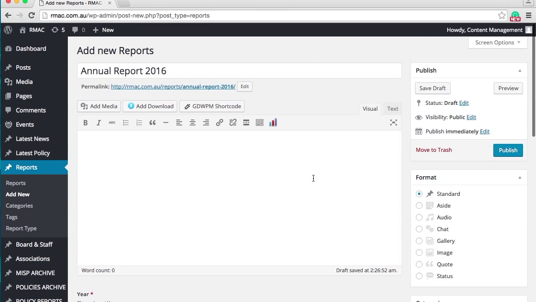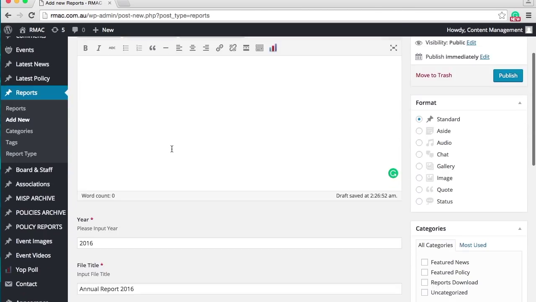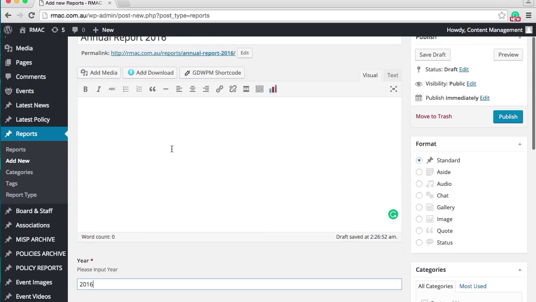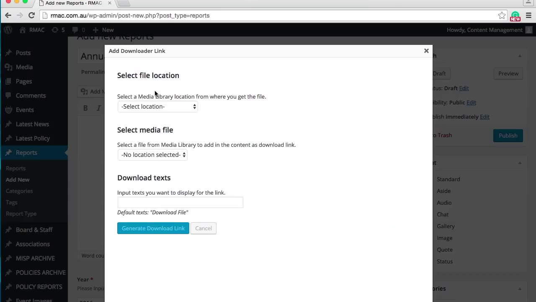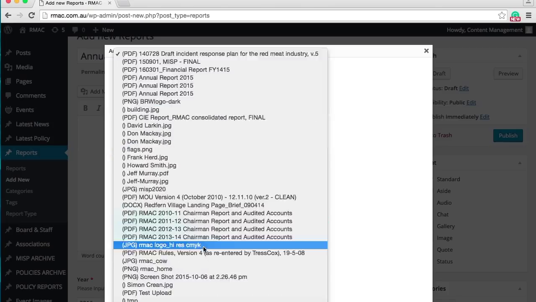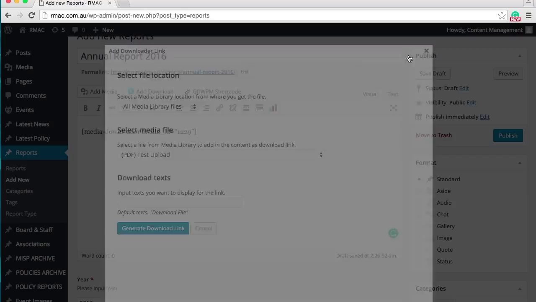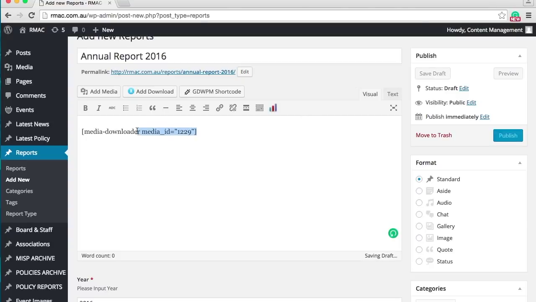So we've got all of our titles and headlines in here now, but we still need to add the download. So you want to add download, all media files, location is test upload, and we don't need to put anything. We can put text in here, or we don't need to put anything, and it will still generate a link. So now it's got the media ID. If we publish this,